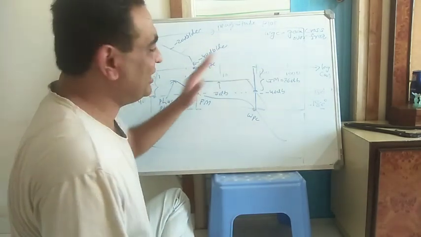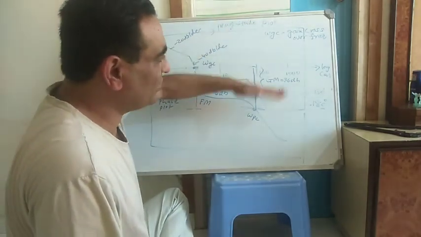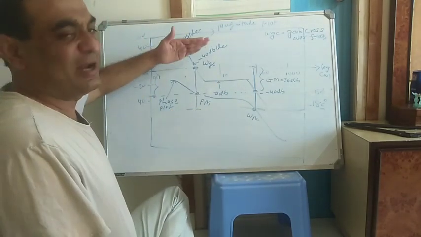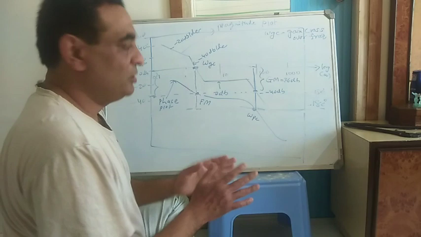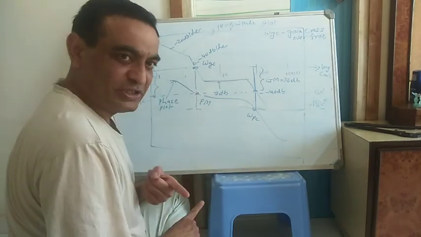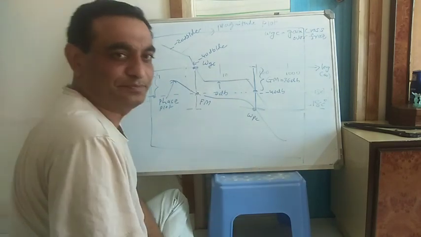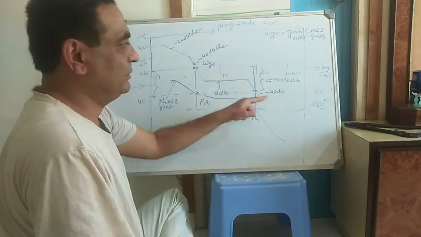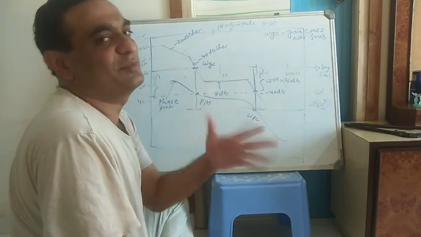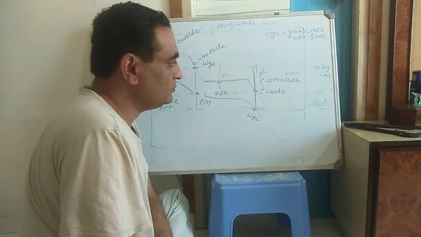The phase margin and gain margin are positive if the gain margin is lower than the 0 dB axis. If the phase margin is upper than the minus 180 degree line, it is positive. If the gain margin and phase margin both are positive, the system is stable. If either the gain margin or phase margin is negative, then the system is unstable.